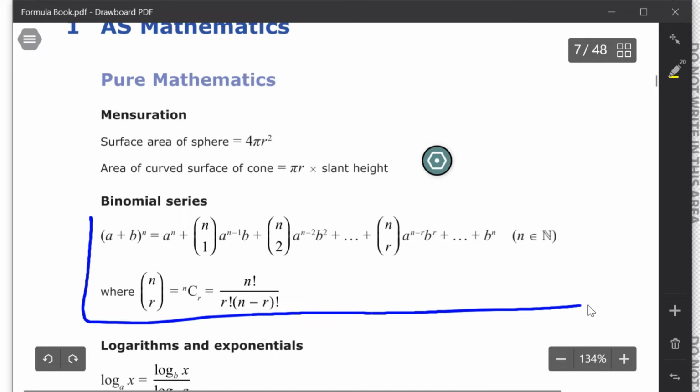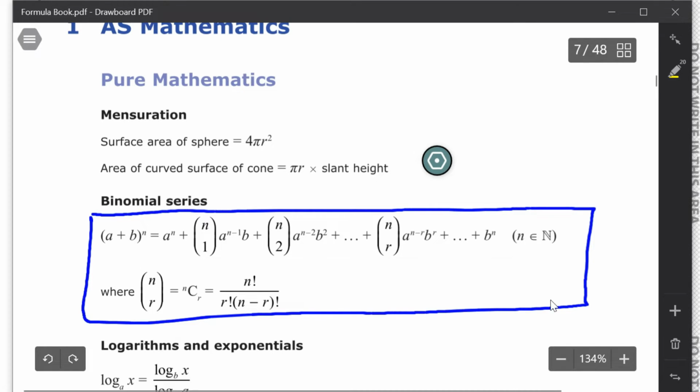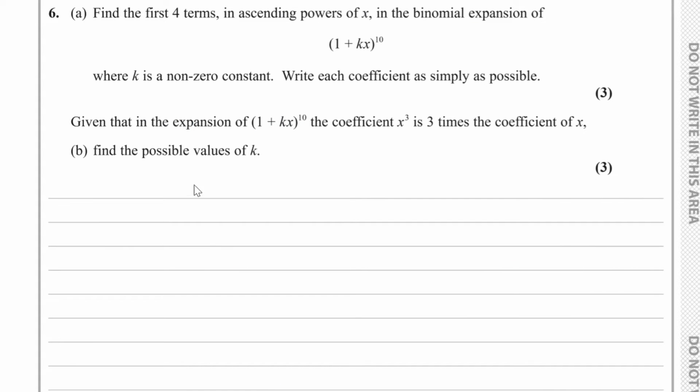Okay, so this over here is the formula for the binomial expansion. So, using the binomial expansion for part A, we have (1 + kx) to the power of 10. Our first term, that will be 10 choose 0 multiplied by 1 to the power of 10